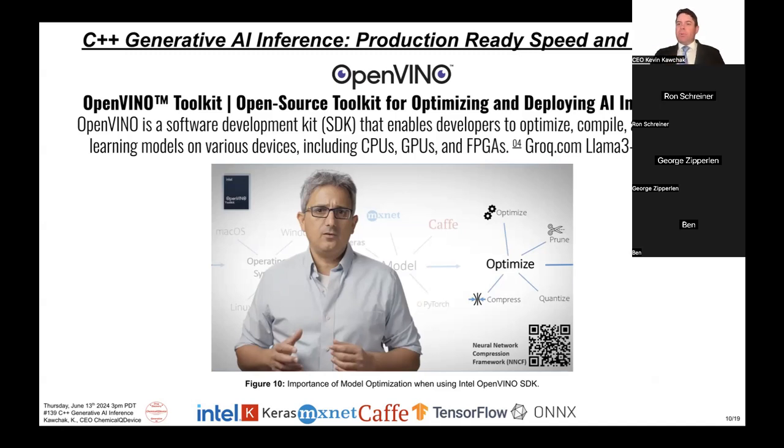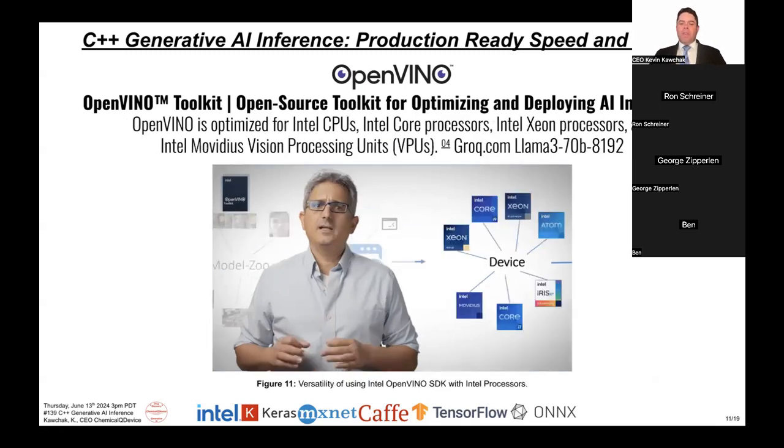Now, when you're talking about C++, it's the same type of thing. Like, how big is it? If it's too big, and I'll show you on the next couple of slides with GPT4All, it just takes longer to process. So, the thing with OpenVINO is basically you can use Atom, Xeon, Core, these Movidius, Iris. Maybe not on an Iris if that's smaller, but the point is that every major platform has